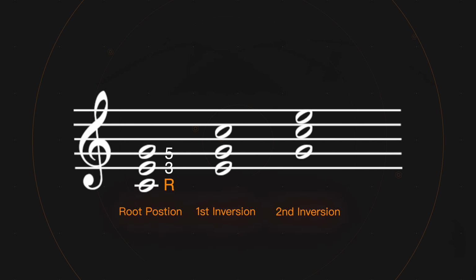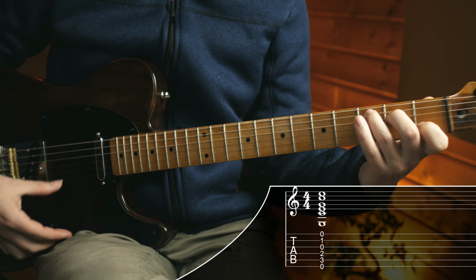In first inversion, you take the root note and move it onto the top, making the third the lowest note. In second inversion, you take the third and move it on the top, making the fifth the lowest note. That's all you need to know about inversions for the purpose of understanding this concept. However, let me briefly emphasize again, the lowest note always defines the inversion, no matter how many notes are being played. So, for example, if you play this C major chord,